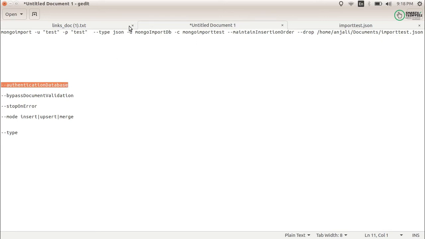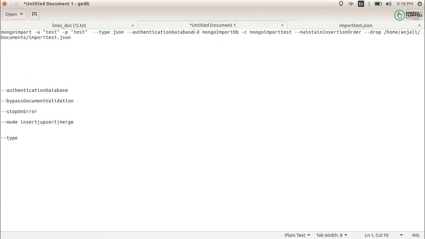Let me show here. What does this mean? It means that if the user has been created in another database other than the database which you have mentioned here, you have to use the authentication database. That is the source where your user has been created.